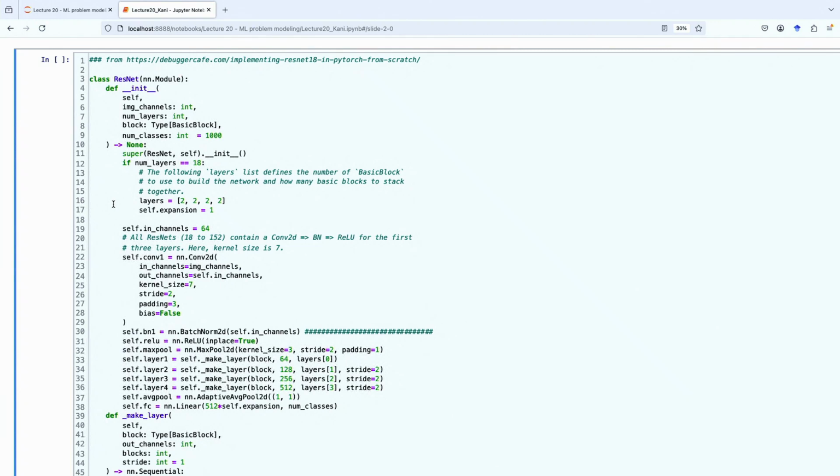It's like a default model in PyTorch that you could load. I just got a from scratch visualization from this website here. But you will see.